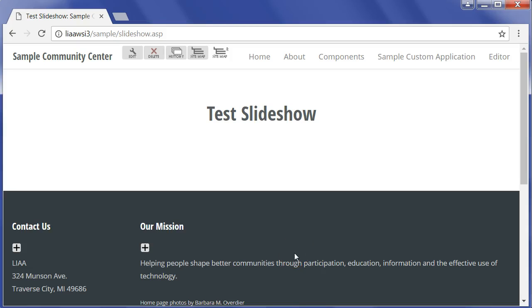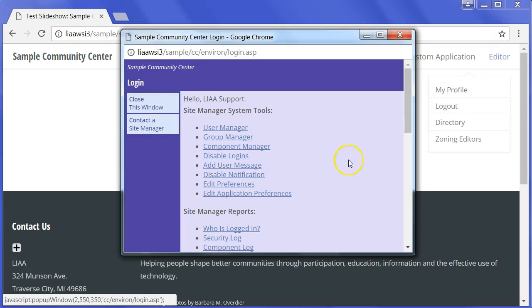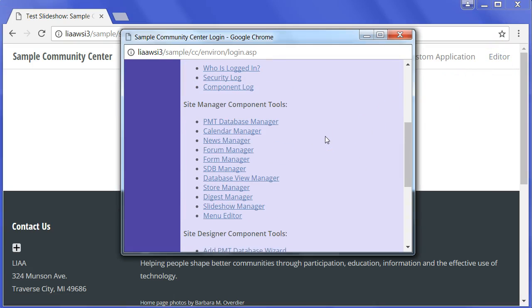In this video I'd like to show you how to use Leah's slideshow component in Community Center and get started. It's a component, so in order to do at least the first part of creating the component you have to be logged in as a site manager. And so if you go find the Your Profile link and then scroll down into the component tools and click into Slideshow Manager,